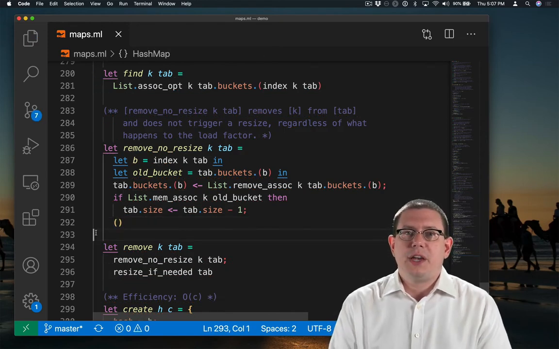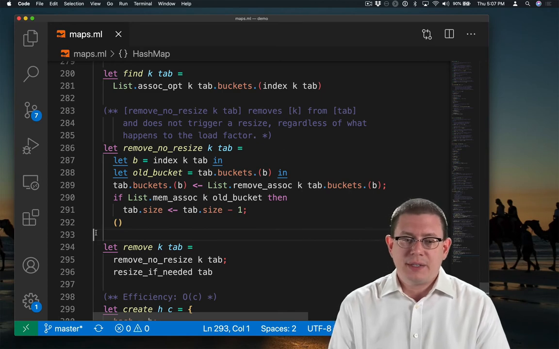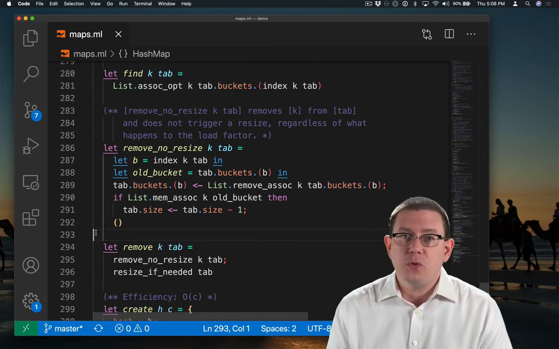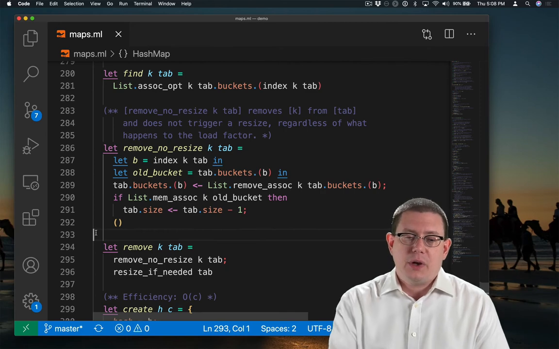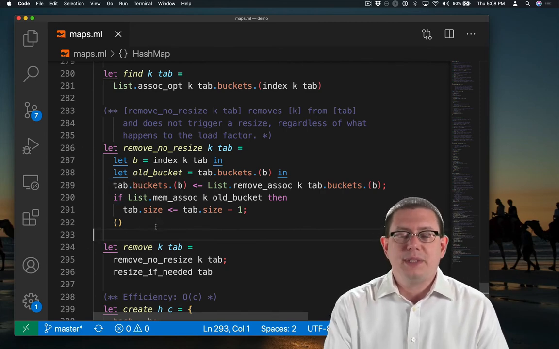All right, the implementation of that is almost the same as insert no resize. We're still trying to find the index of the bucket, get the old bucket. It's just this time we do a remove from the association list instead of an insert into it. And we also have to do the negation of the guard for the if expression and decrement size instead of